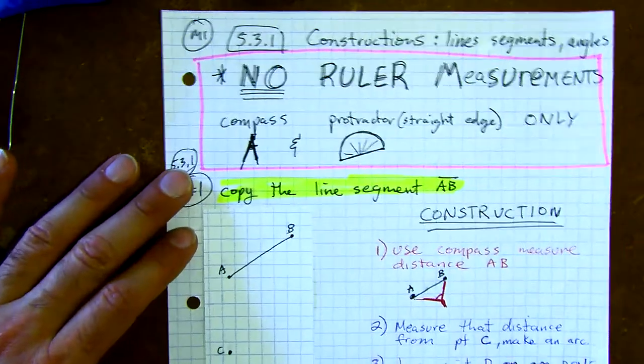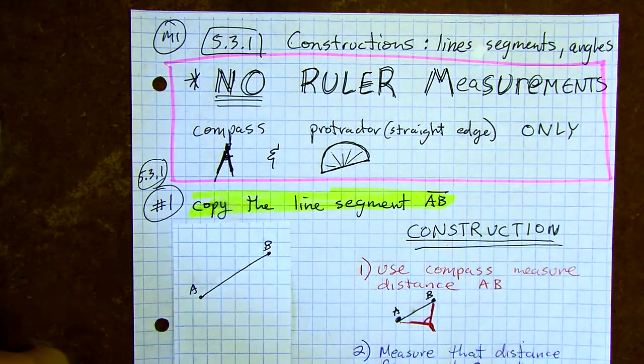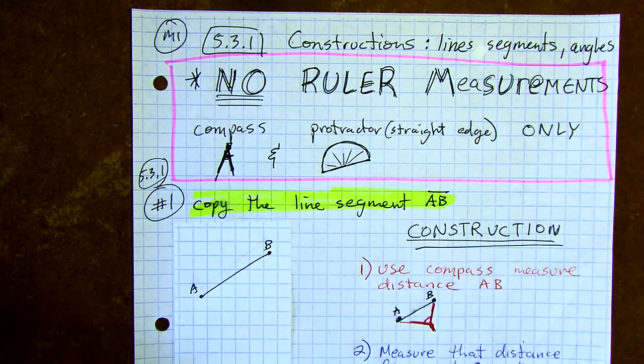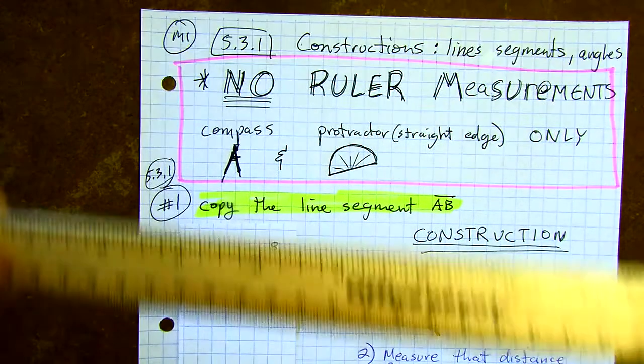All right, folks. So the main thing here is we're talking about constructions. And some of you, literally, are going to get into architecture drafting from enjoying doing this, because it is kind of fun to make constructions in the classical way. In the classical way, we do not use rulers, no rulers,